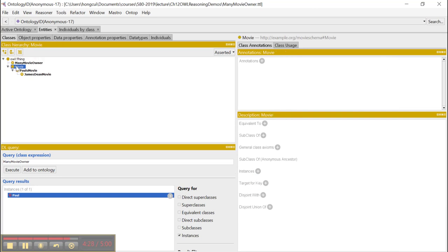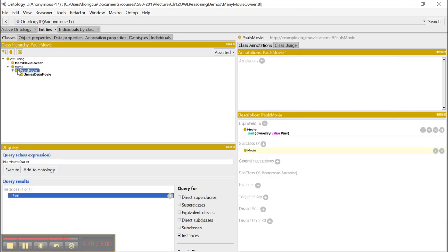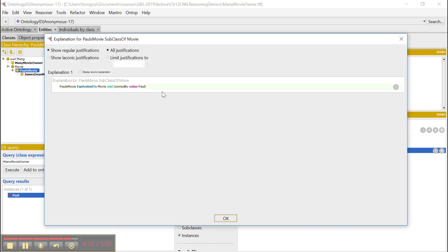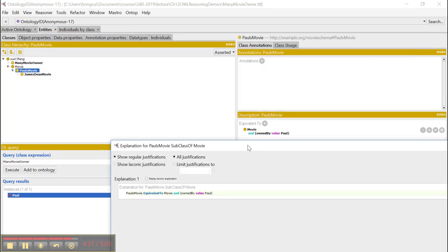So we could also go through this and check to see if there are other inferences. There is one, and this one is much simpler. See, because Paul movie is equivalent to movie and, so this is the intersection. An intersection, if Paul movie is an intersection, then it must be a subclass of any one of the classes that are being intersected. Therefore, Paul movie is a subclass of movie. This is one of the class relations